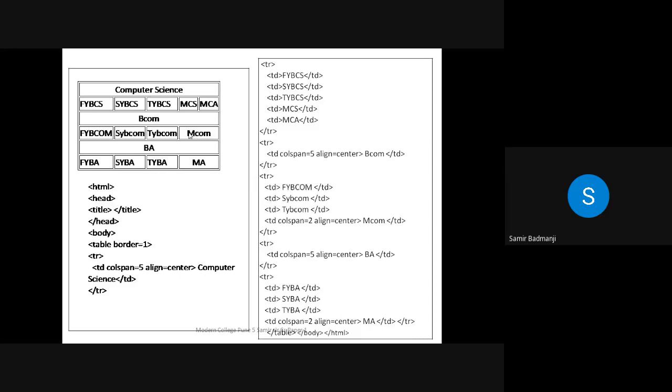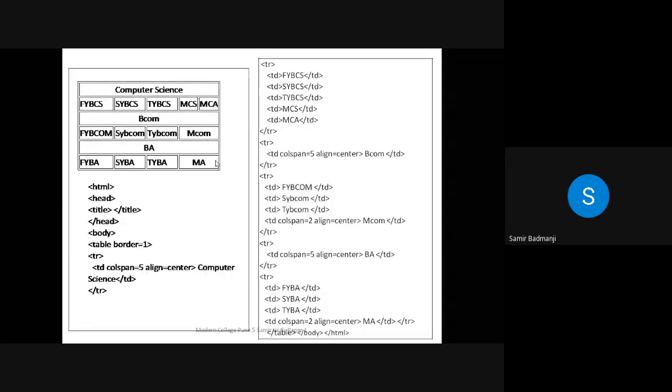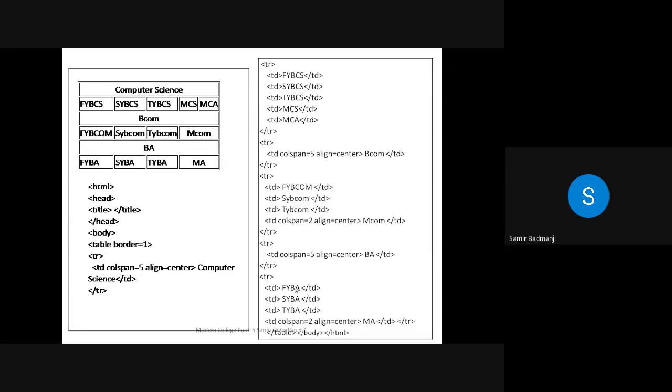See for this MA also, if you see on the top there are 5 columns. So whichever is the maximum number of columns that you have to specify. Now see colspan equal to 5 for BA, then FY, SY, TY. Again for MA I am writing colspan 2 because just above it there is a single column, but above that there are 2 columns. So that is why for MA again you have to write colspan equal to 2 and you have to complete the table. So all of you understood why we wrote colspan 2 for MCOM and for BCom and BA why we wrote colspan 5? Yes, all of you understood.